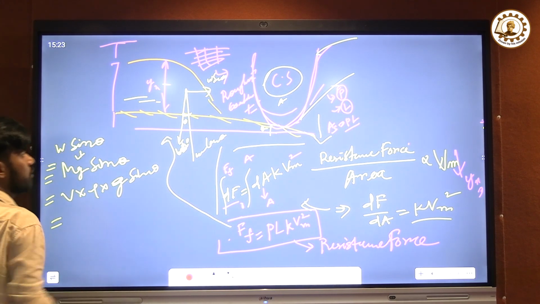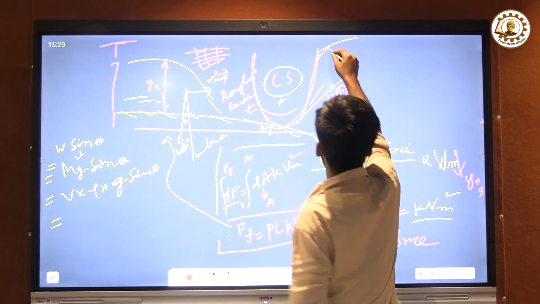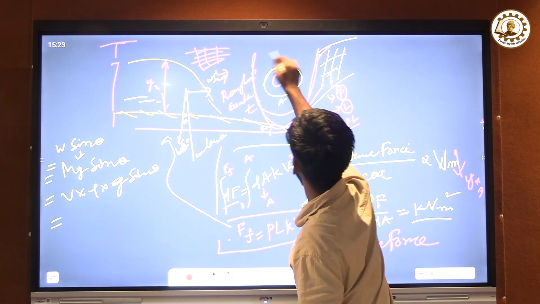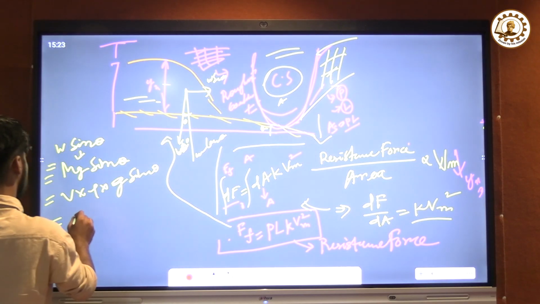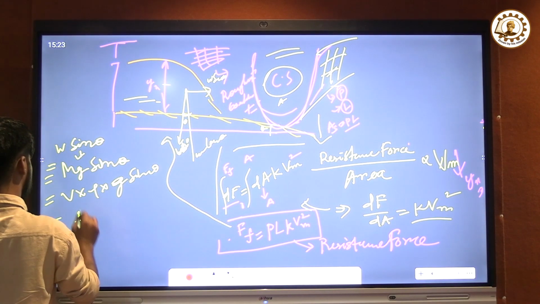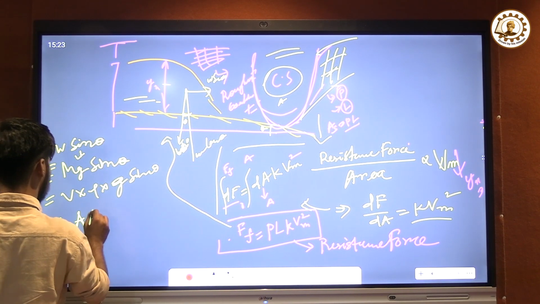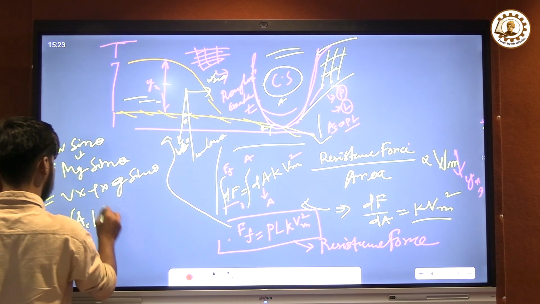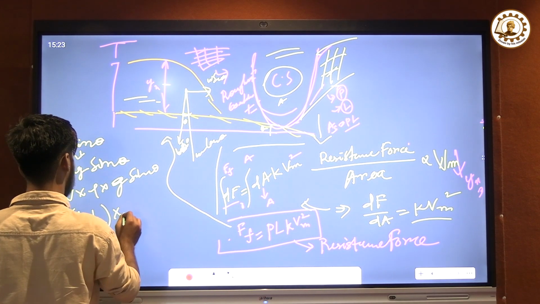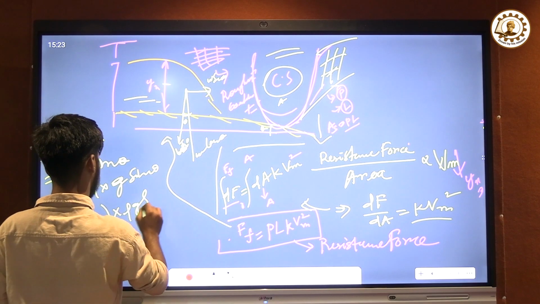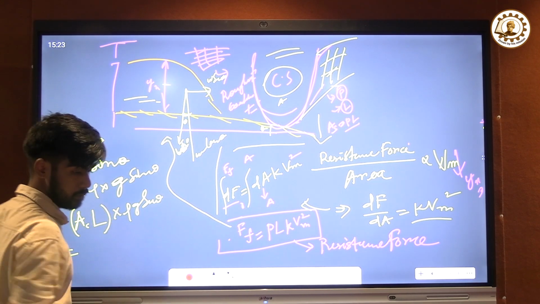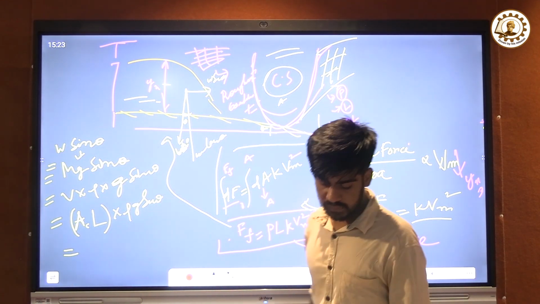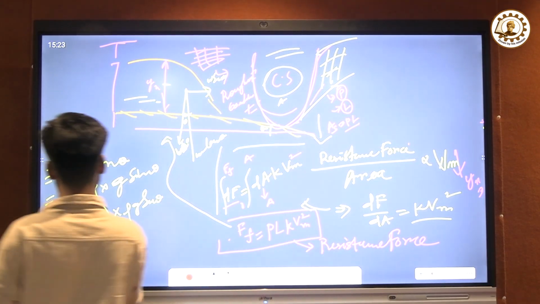Now the volume is what? The total volume of this channel is nothing but the cross sectional area into length, so we can write the value as rho g A L